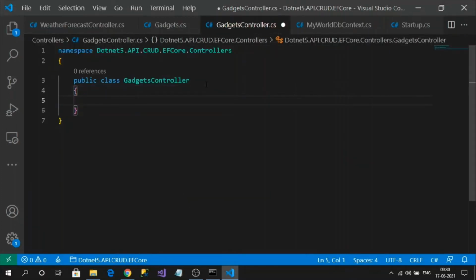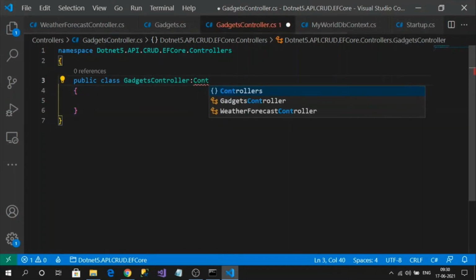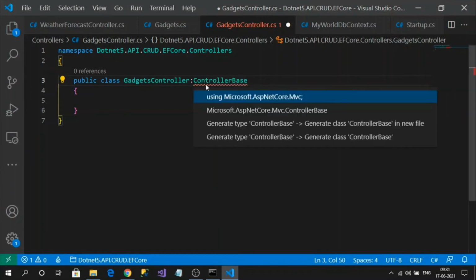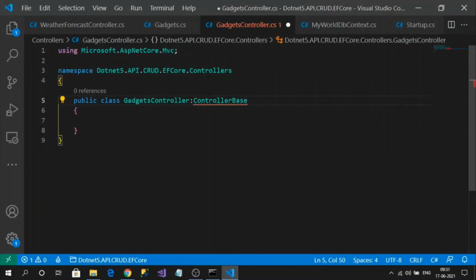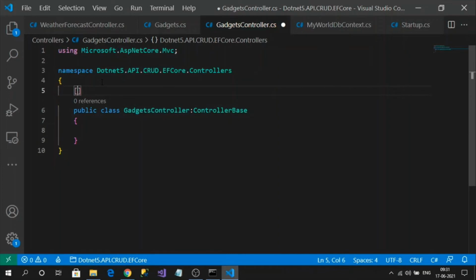Okay, so this is a normal plain class. To make it a controller class, we need to inherit ControllerBase, I believe. Okay, now our class is a controller class. And it should be decorated with